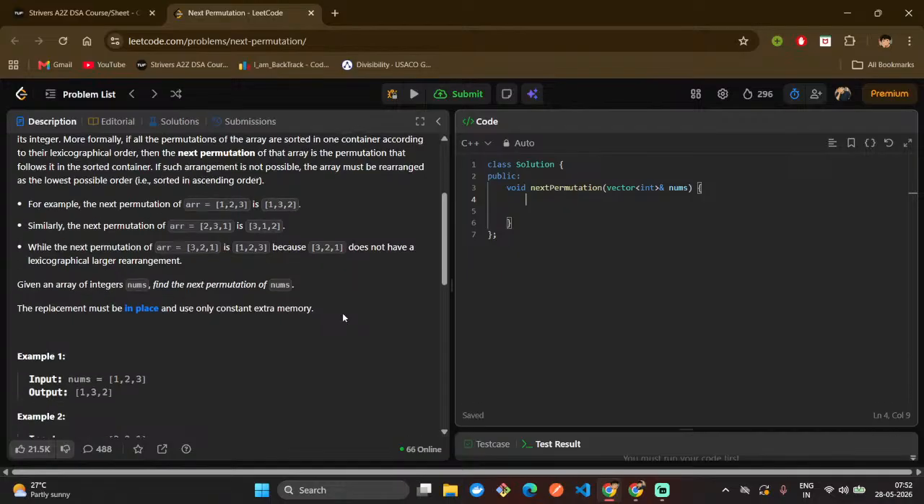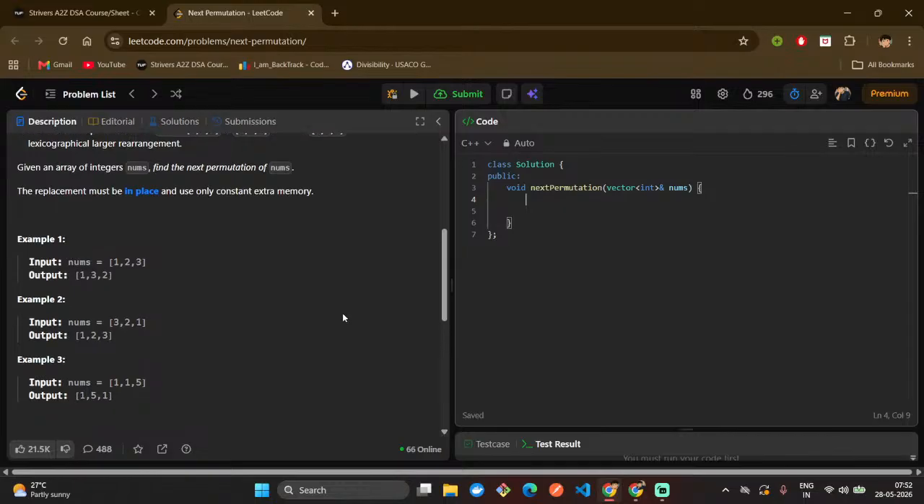Well, we have to find the lexicographically larger one, right? What we have to do, like 3 2 1. So there's 1 2 3, lexicographical value 1 2 3, right? 1 1 5, so there is 1 5 1. So what we have to do here is find the next permutation which is lexicographically larger than the